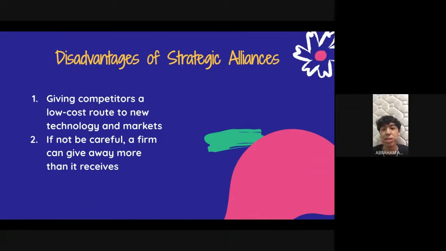Whereas the disadvantages of strategic alliances, the first one is they can give competitors a low-cost route to new technology and markets, and the second one is that if the firm is not careful, it can give away more than it receives. Next,